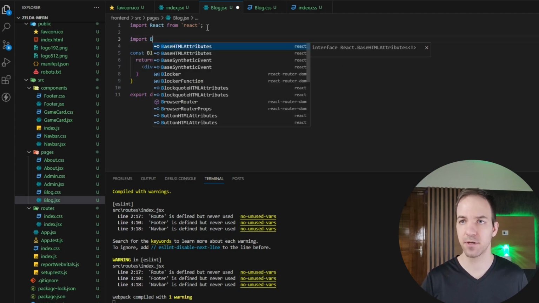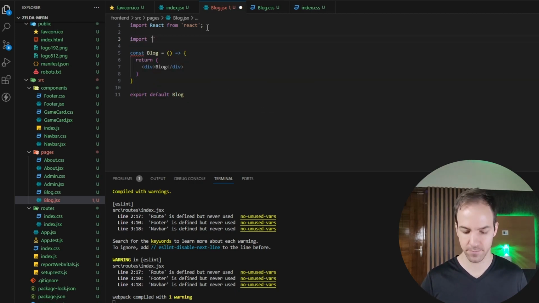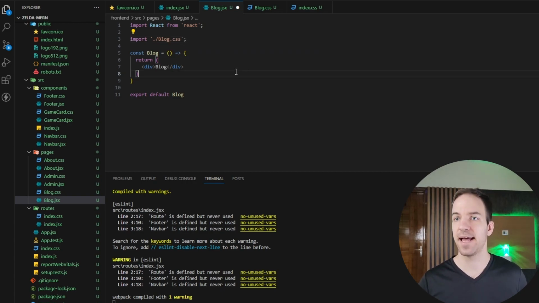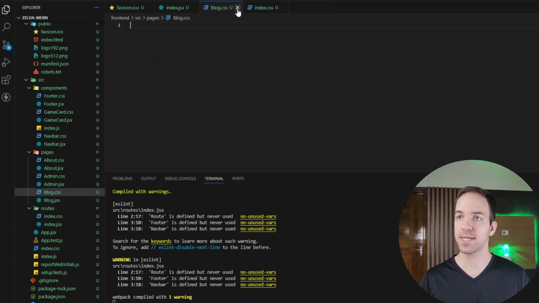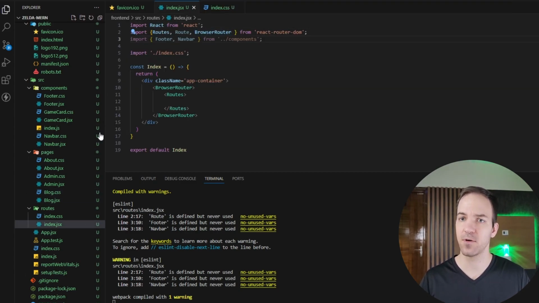So import blog.css. And now if I save that file and close out of these,